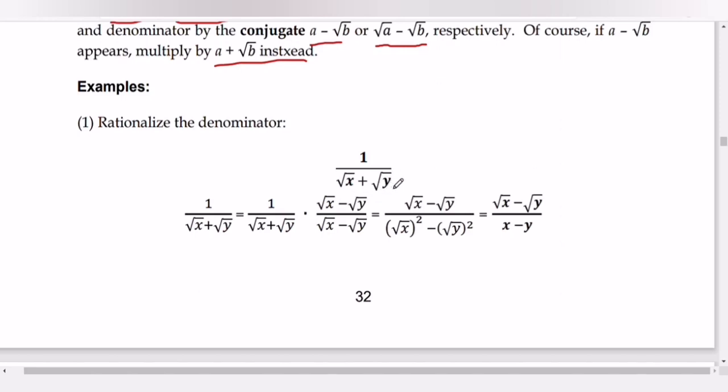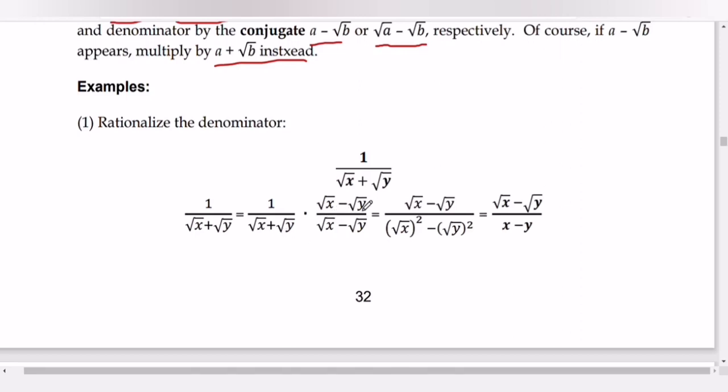To simplify this kind of problem, we need to find the conjugate, or multiply the conjugate to our denominator. So square root of x plus square root of y, its conjugate is square root of x minus square root of y, divided by square root of x minus square root of y. So the sign was reversed,